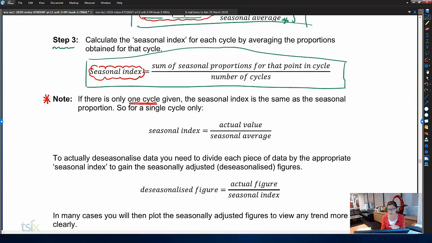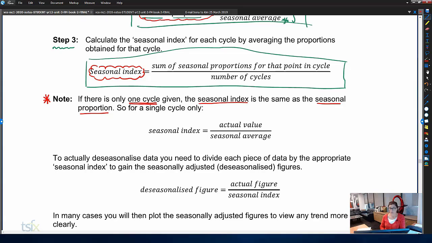So when you've only got 1 cycle, it's actually easier because your seasonal index actually equals the seasonal proportion, so you don't actually have to do step 3. But when I do, again, that will make more sense to you as I work through some examples. So just bear with me for a few moments and then you'll see what I mean as we work through